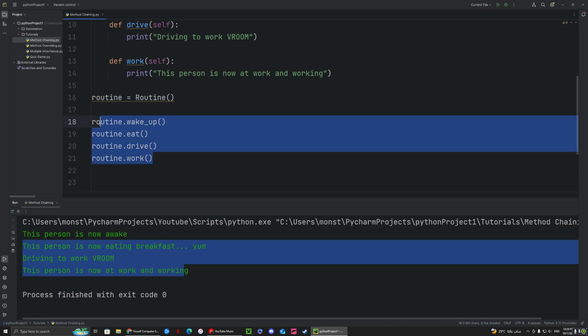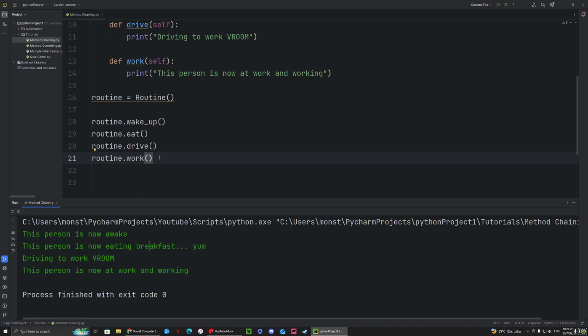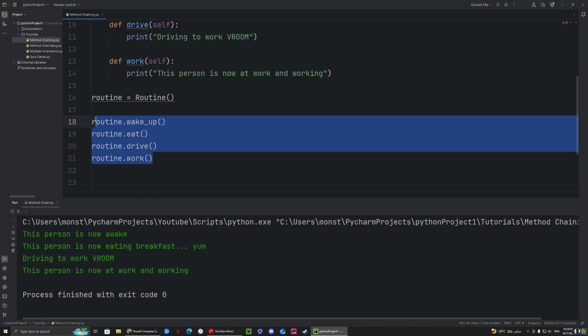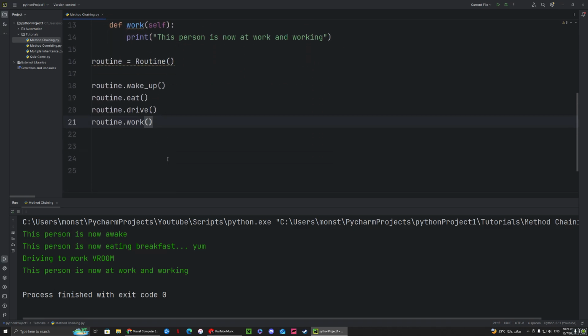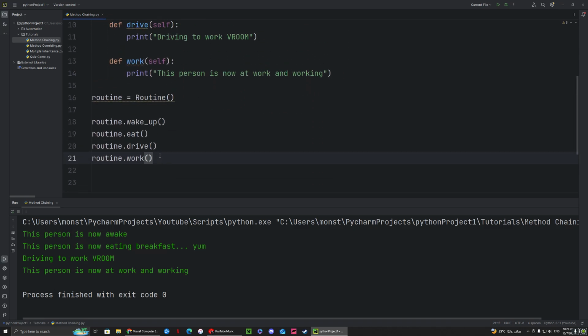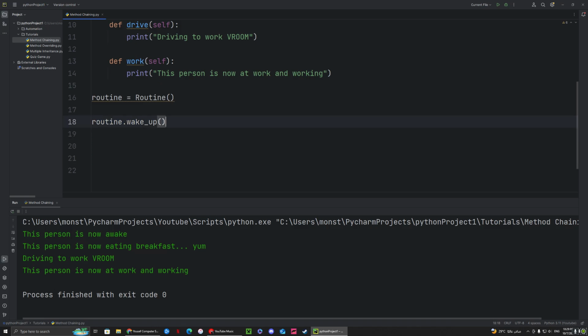If you see, we had to type routine dot before each one, and that could maybe not be beneficial in your case, or maybe you just want them to be one tap and right after the other one, and this isn't good for that. So this is where method chaining comes in handy, and you can do that by deleting that and then saying routine dot wake up and then dot drive,